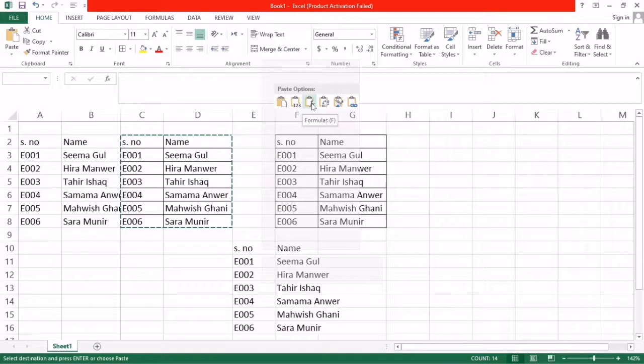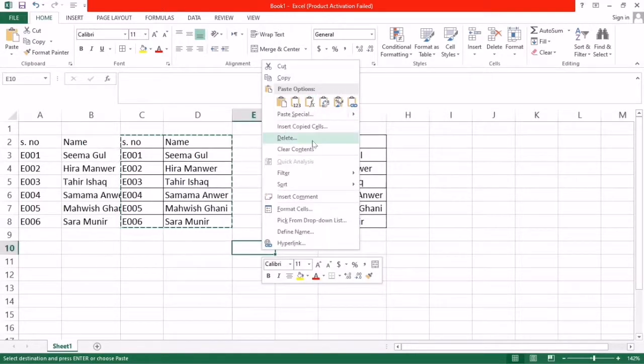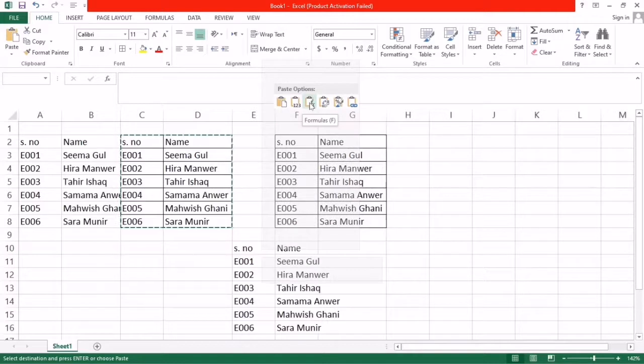This is very important: if you apply a formula and want to place it in any other sheet, then the formula appears as it is. But here we don't apply any formula, we just enter numbers and names, so we don't need this one, we just need paste. So I click on paste, and it will be pasted here.